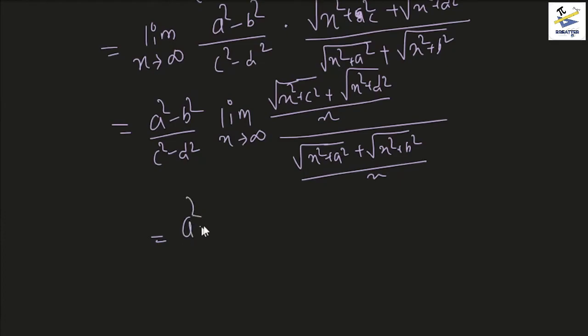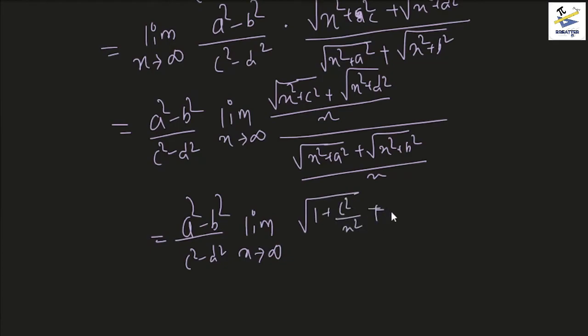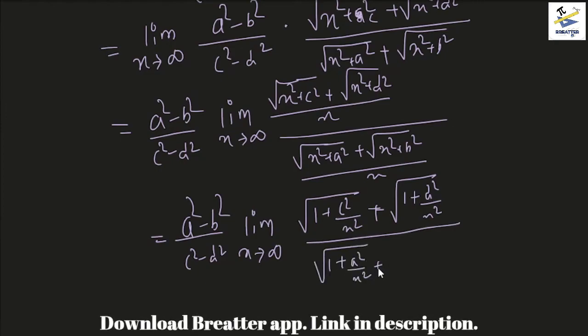So the limit becomes a square minus b square by c square minus d square, limit x tends to infinity. Numerator becomes root over of 1 plus c square by x square plus root over 1 plus d square by x square divided by root over 1 plus a square by x square plus root over 1 plus b square